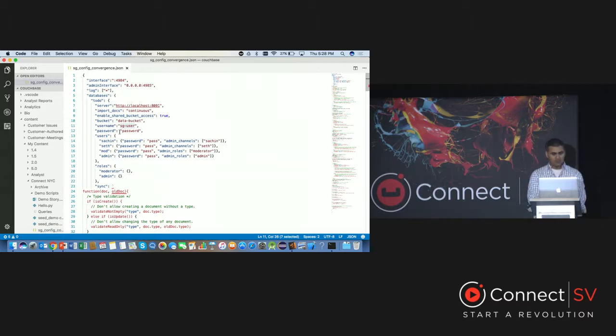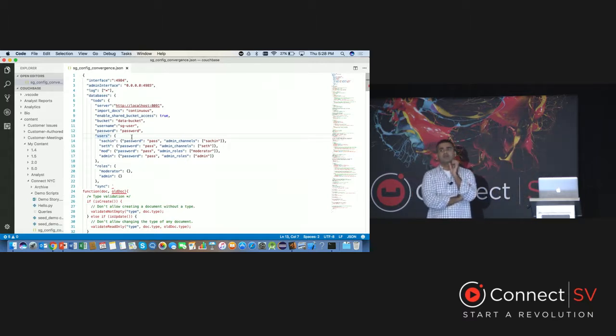There's a couple other things that I'd like to point out, that I've also created a couple of other users over here. So when we have Couchbase Mobile in the mix, one of the interesting things to note is that it's not just about authenticating with the server, which is coarse-grained authentication. You also have to figure out, when people are logging in from mobile apps, how are they going to authenticate? So this list of users that you see over here is the very basic authentication to get started with